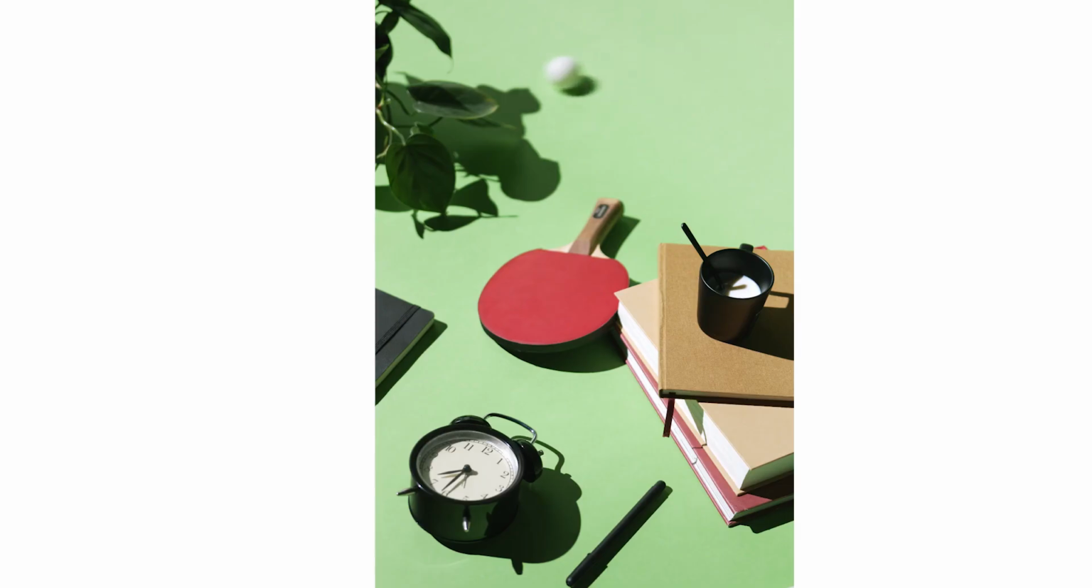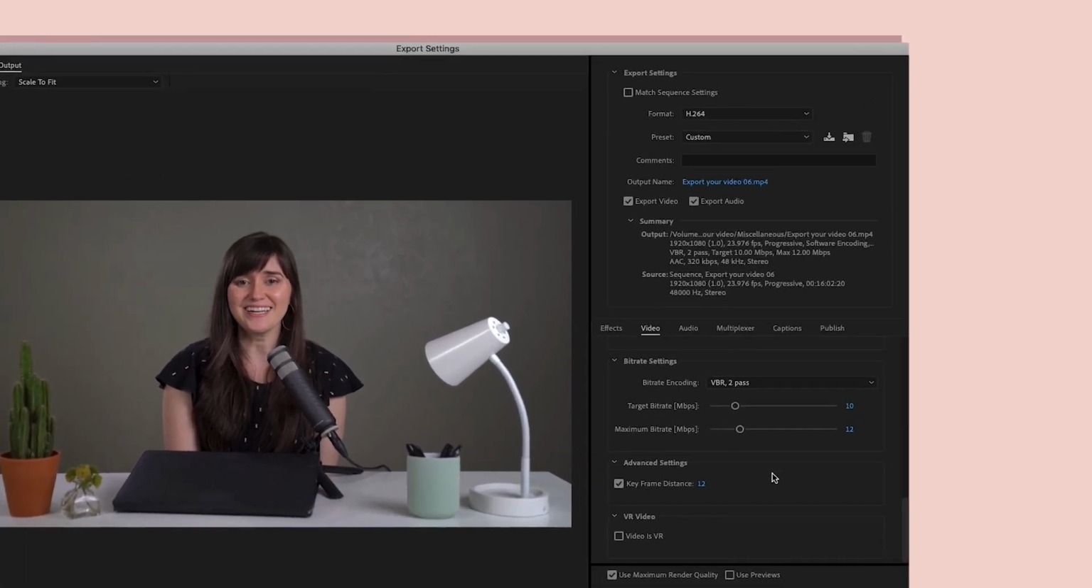Once you reach the end, I want you to step yourself away from the edit, give it a few days, and then review things and see if you want to make any final refinements, and then move on to the next lesson where I'll teach you how to export your